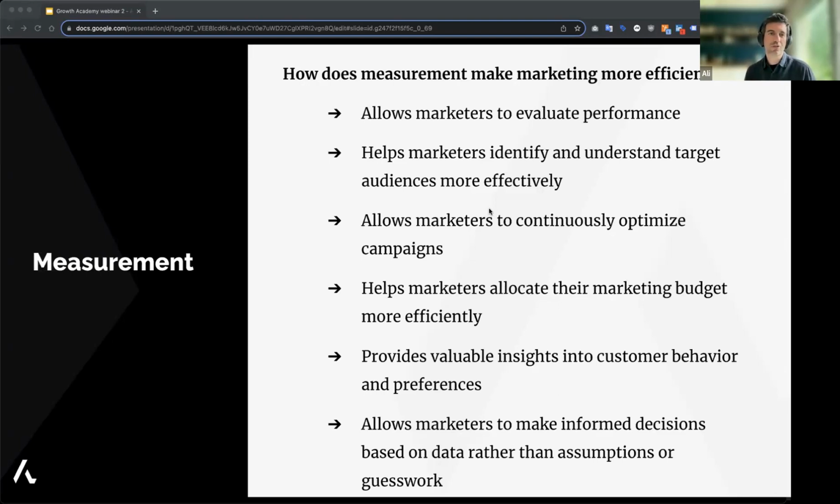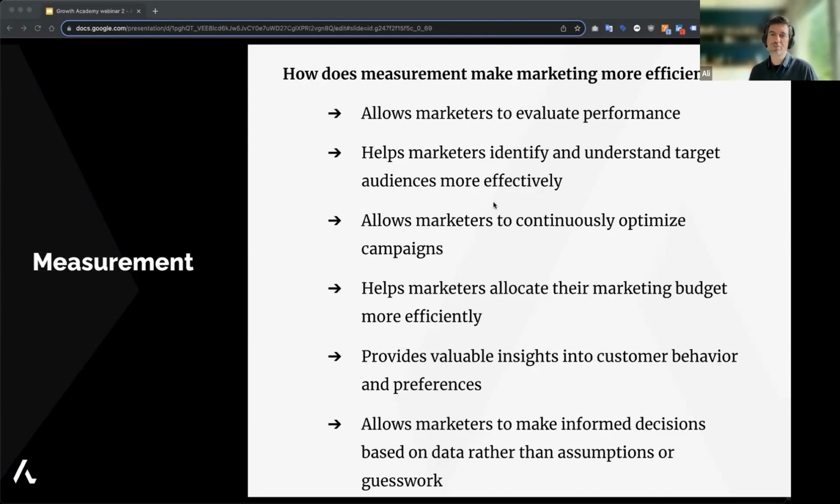It helps us to see what kind of budget we may need moving forward and what campaigns are working, so that we can allocate more or less budget to different campaigns. It also provides us with valuable insights regarding customer behavior and preferences. As I said earlier, we can see what pages, what blog posts the customers are visiting, and we can learn from these, and we can see what they are interested in. Then later we can provide them more valuable information related to their interests.